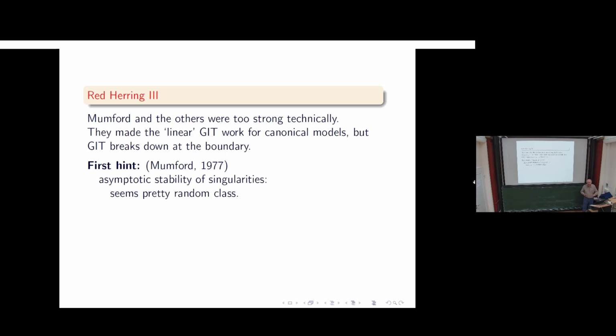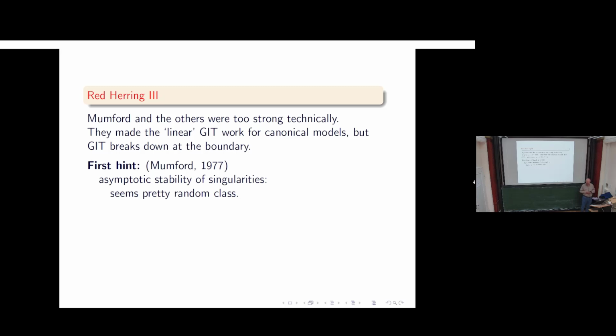Now, abelian varieties are basically linear objects, and because of the Jacobian and correspondences, you can think of curves as linear objects, but in higher dimensions, these don't seem to exist. Now, the first hint that GIT will not work for surfaces was in Mumford studying the asymptotic stability of singularities. Mumford could prove that if some singularity exists on a variety, then it cannot be stable